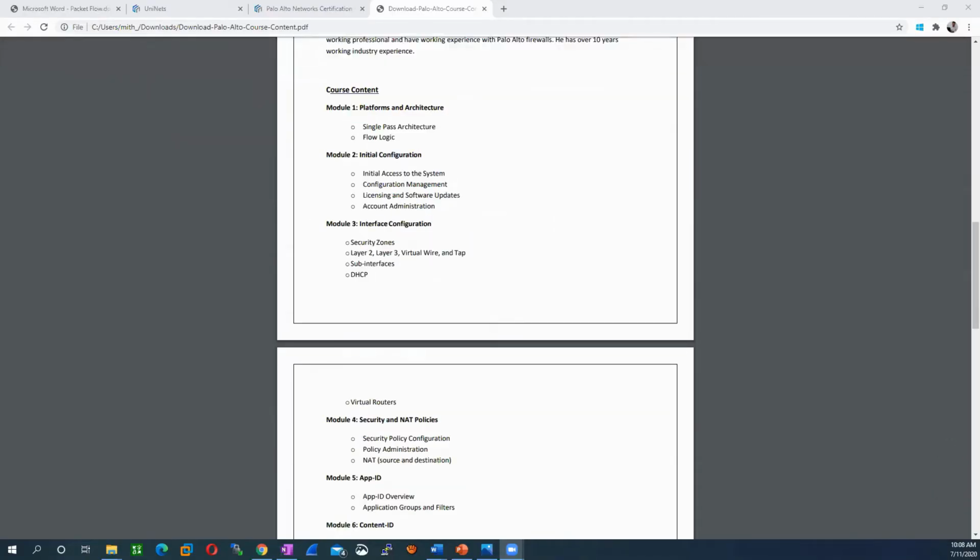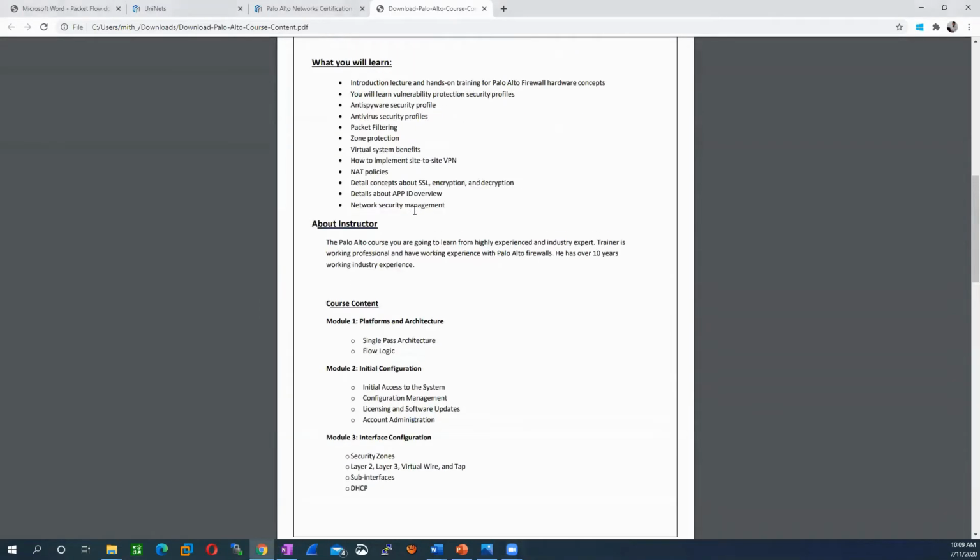Let me give you a bit of an introduction about the course. You already researched the course and what content it has, but I'm just going to go through the basic procedure which we have. Basically, we are covering the PCNSE module here, the Palo Alto Certified Network Security Engineer. In this course there are a total of 12 modules, which make you an expert